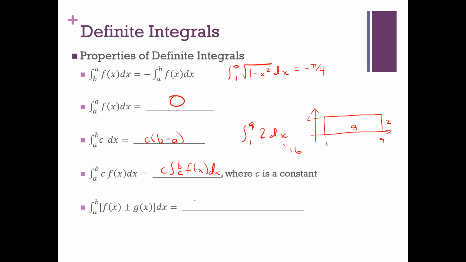Sums and differences act kind of the way you would expect from derivatives. From other summation notations we've done, we can say this: the integral from a to b, so if this integral on the left equals this, the integral of f of x dx plus or minus the integral of g of x dx. So just like when you're taking derivatives, I mean, not that these are the same thing, but